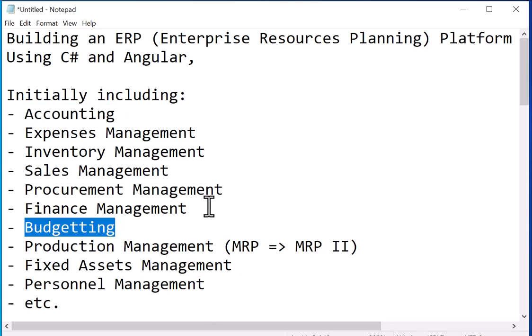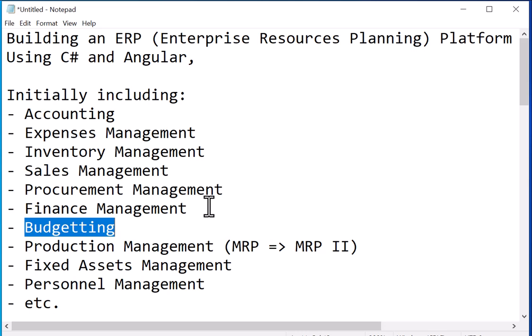Budgeting is like planning. I know that everyone knows some stuff about budgeting. Let's start from the beginning. Every company should have some master budget. This master budget is accumulated from sub budgets. These budgets could be a production budget, a commercial budget, an expenses budget, a sales budget, whatever